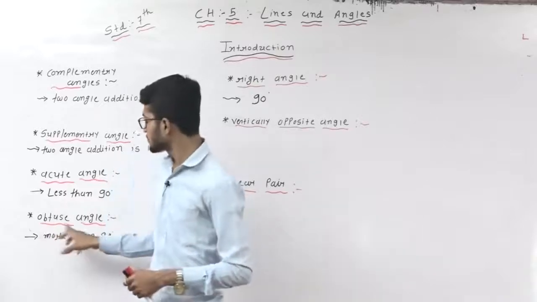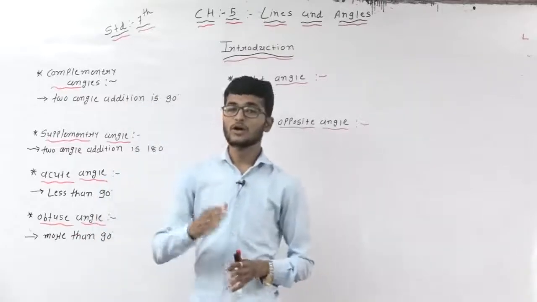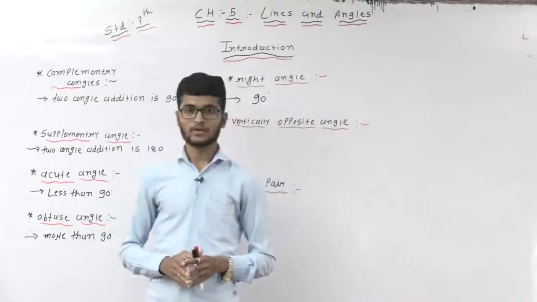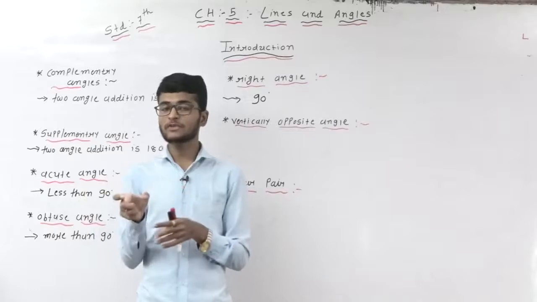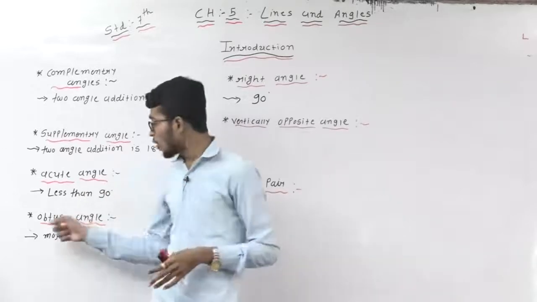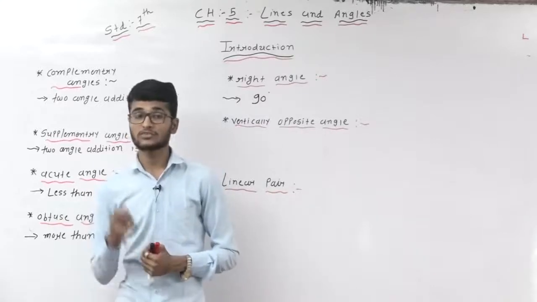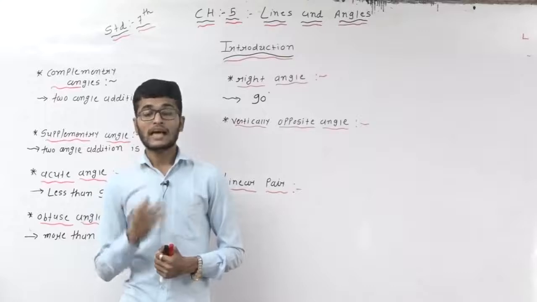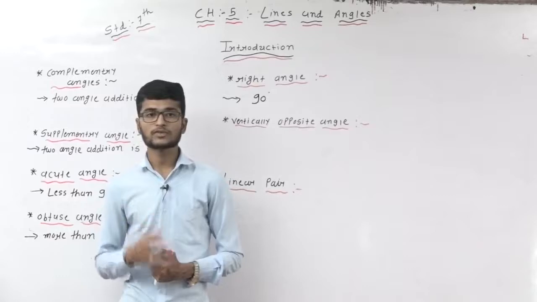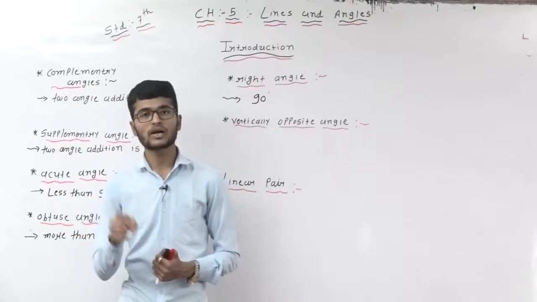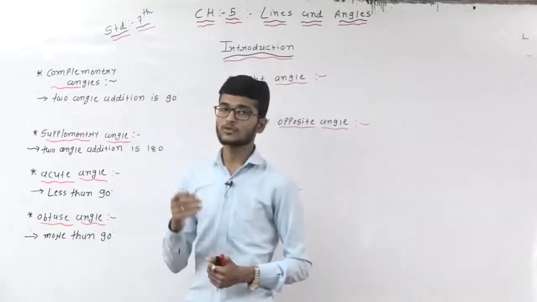Okay. Now the next one is obtuse angles. So what are obtuse angles? Obtuse angle means, dear students, more than 90 degrees, but less than 180. 180 और 90 के बीच में जो सारे एंगल्स है उसे हम लोग बोलेंगे obtuse angle. It means 175, this one is an obtuse angle. 179, this one is also an obtuse angle. 95, obtuse angle. 125, obtuse angle. 135, obtuse angle. 159, obtuse angle. So these all are obtuse angles. Obtuse angle means more than 90 degrees.